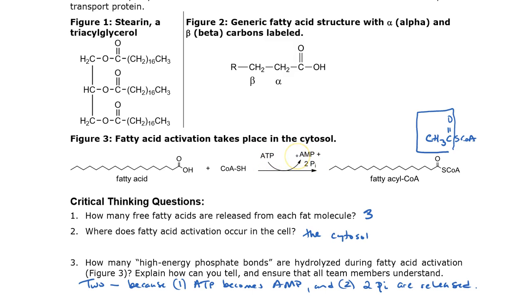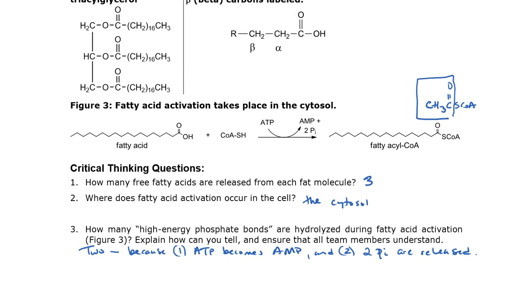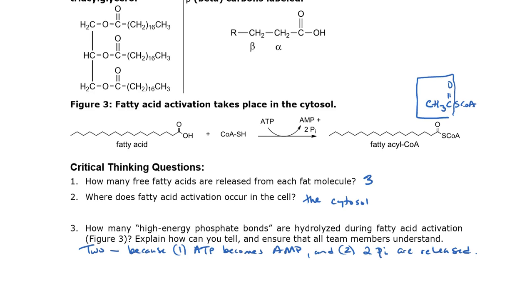Remember, ATP to ADP releases 7.3 kilocalories per mole of energy when it's hydrolyzed, and ADP to AMP releases another 7.3 kilocalories per mole. So this activation requires 2 high-energy phosphates. This could be analogous to the energy input phase of glycolysis. We call it the energy investment phase, and you could imagine here that we're investing 2 ATP equivalents because it's 2 high energy phosphates. So that's the same number as for glycolysis.